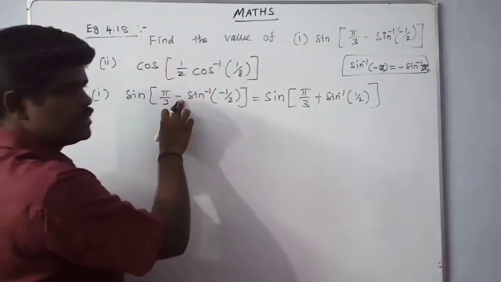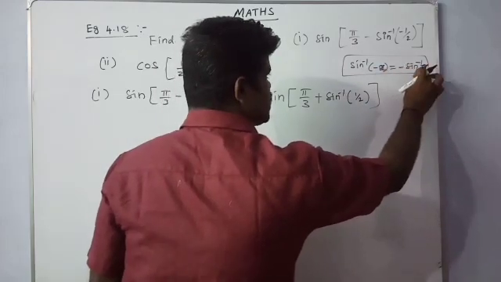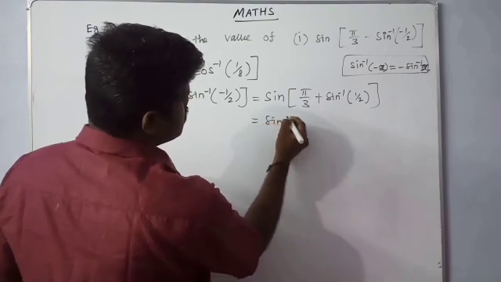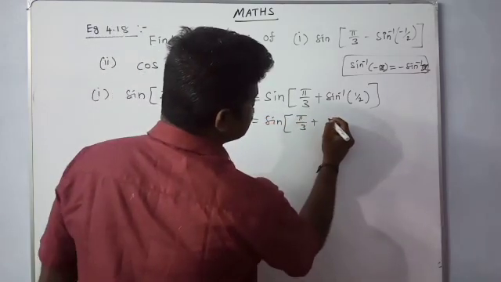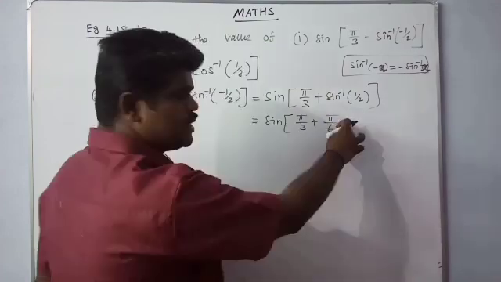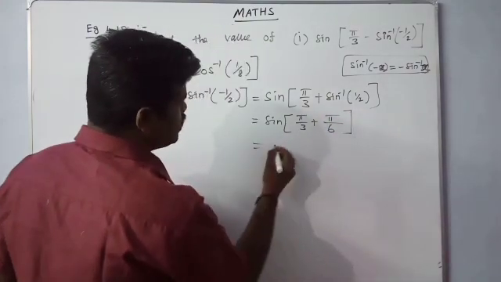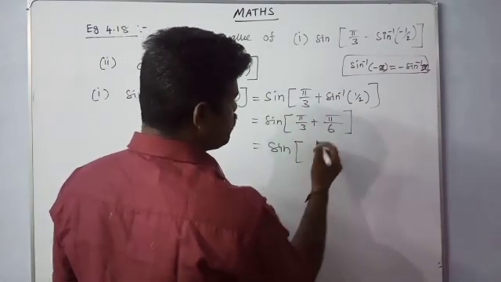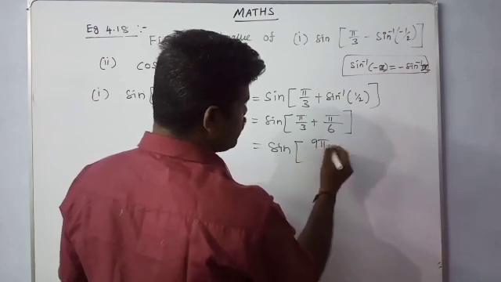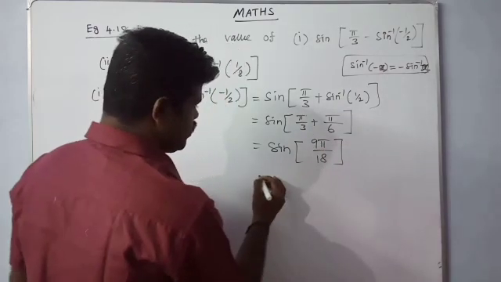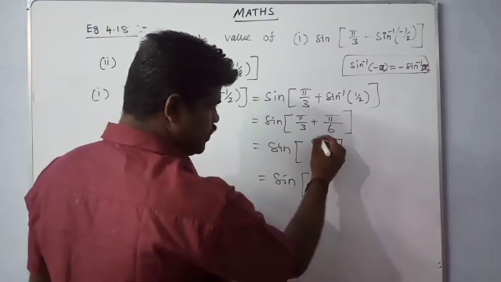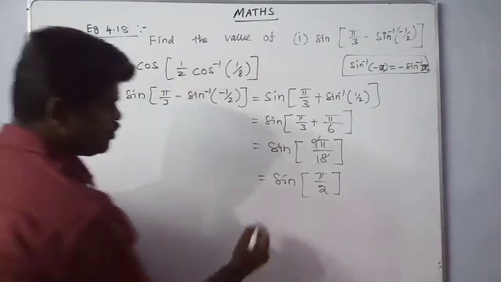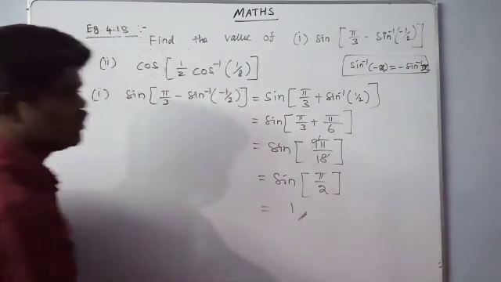So here, minus sin inverse of minus x is also minus sin inverse x, so plus sin inverse of 1 by 2, and sin of pi by 3, 30 degrees, so pi by 6. And sin of, you want to cross multiply this, 6 pi plus 3 pi, 9 pi by 18, and now sin of, cancel these two terms, pi by 2, that is equal to sin pi by 2, whose value is 1.